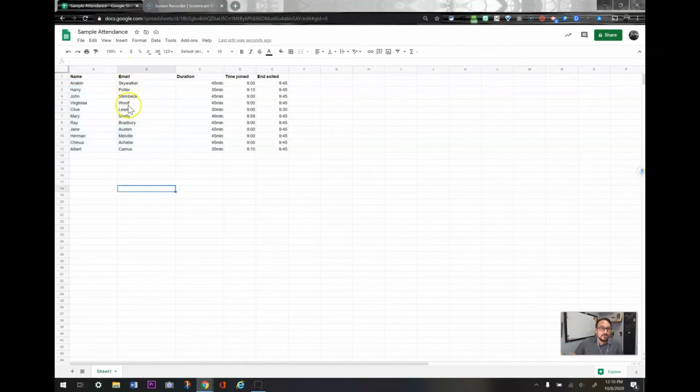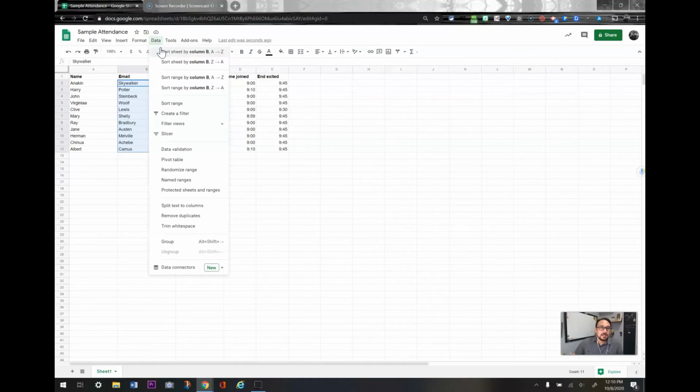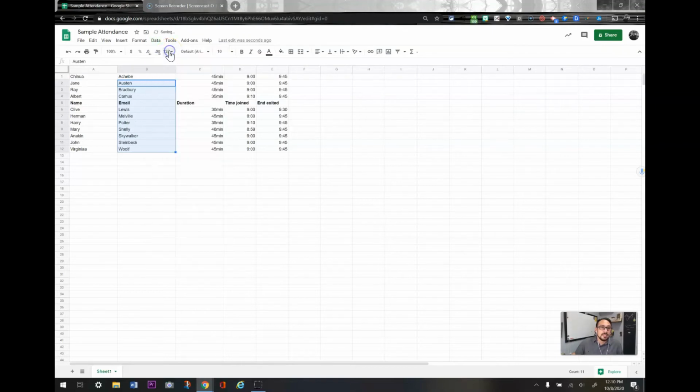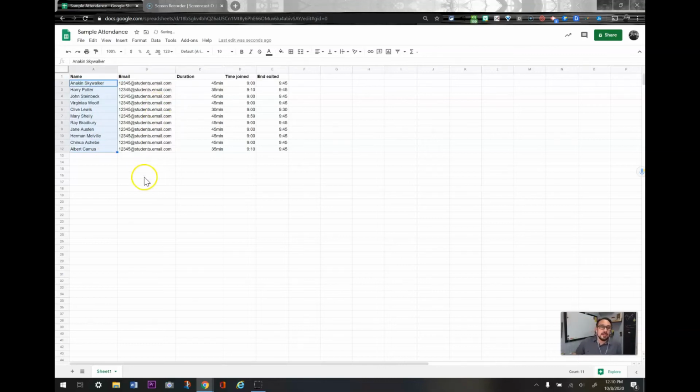And now, if you want to alphabetize it, you can, again, highlight the last names, go to Data, sort sheet by column, and you want to go A to Z, and there you go. If you don't want to get rid of the email column, right,